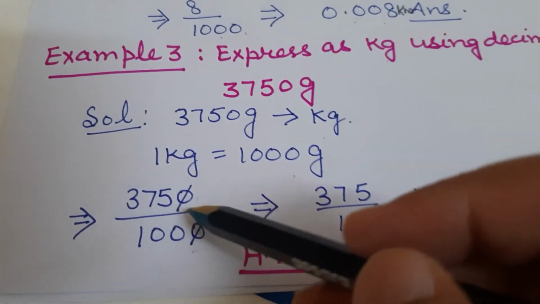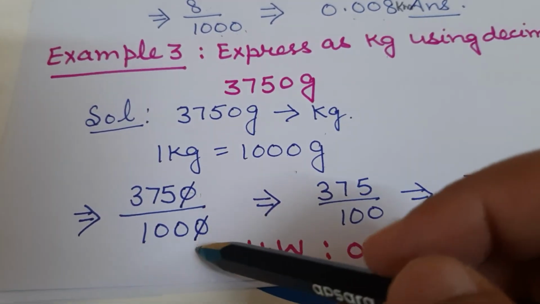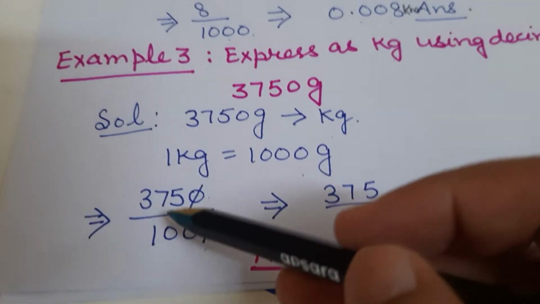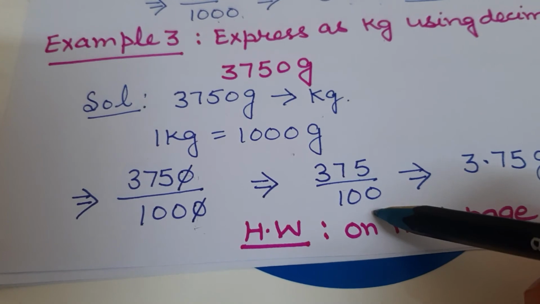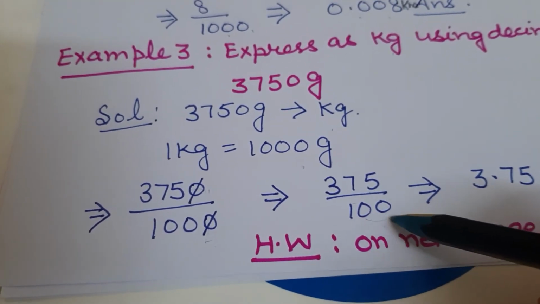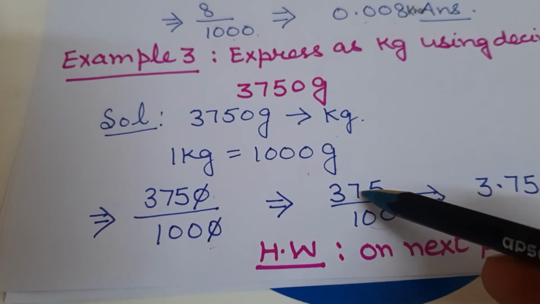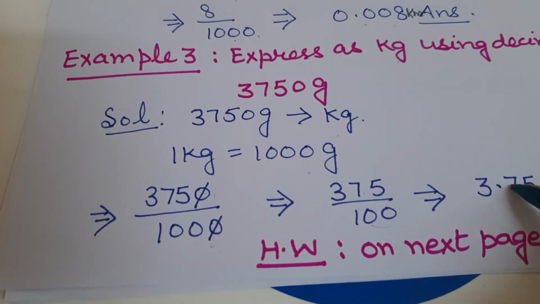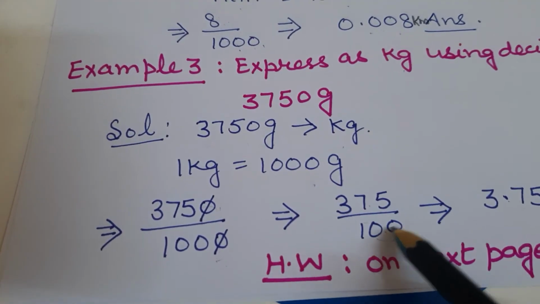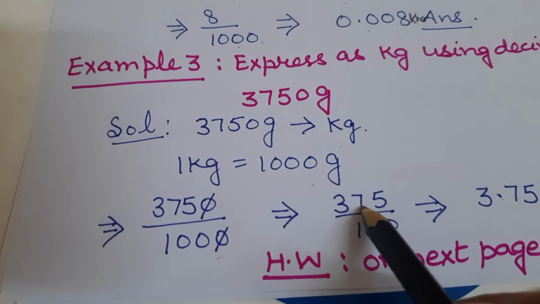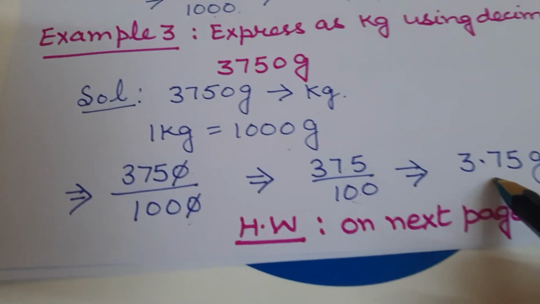Now we can cut one zero, both can be cancelled on the 10th table. So what is left? 375 divided by 100. So now it is 100, and the decimal will be after the hundredths place, means the decimal will be after 2 digits. So 3.75